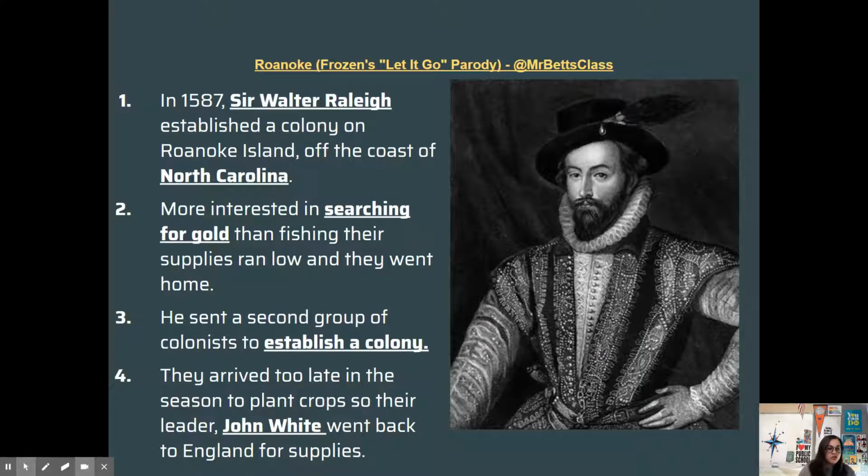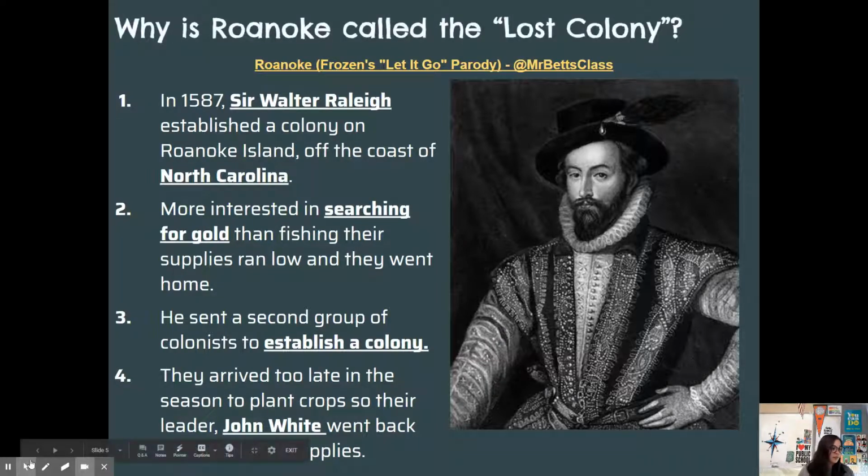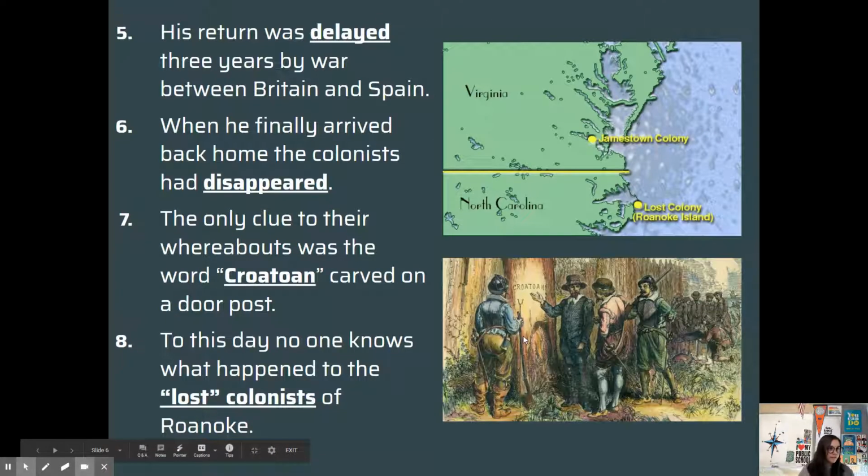And so John White needs to go back. One of the colonists, John White, needs to go back to Europe and try to get supplies. So he plans to go back from Roanoke for a few months and come on back. Well, there's a three years war between Britain and Spain. This causes some unrest. He is unable to make that trip back for several years, three, actually. So when he finally makes it back,